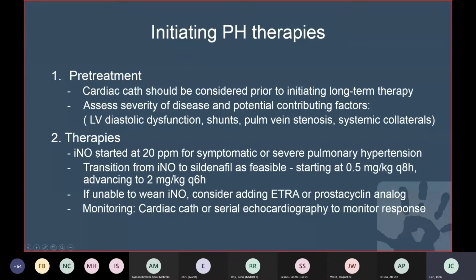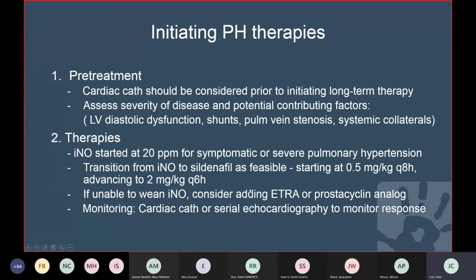The initial nitric oxide level is started at 20 for symptomatic or severe pulmonary hypertension. Transitioning to add sildenafil is feasible, starting at 0.5 milligram per kilo Q8 hours and advancing to 2 milligrams per kilo Q6 hours. If one then is unable to wean nitric oxide,